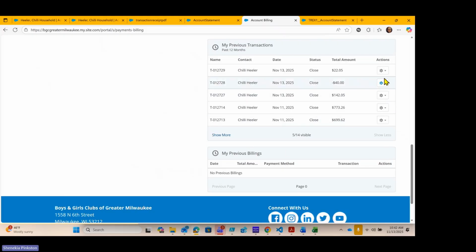And you can also go to this part to get a receipt printout of any of the payments you had made previously. Let's say your computer froze and you weren't able to get the receipt printout, or you closed out before you remembered to print a receipt, you can always come back and get one here. You just want to go to the little cog wheel right under actions, and click the drop down. Then you can click receipt or a summary